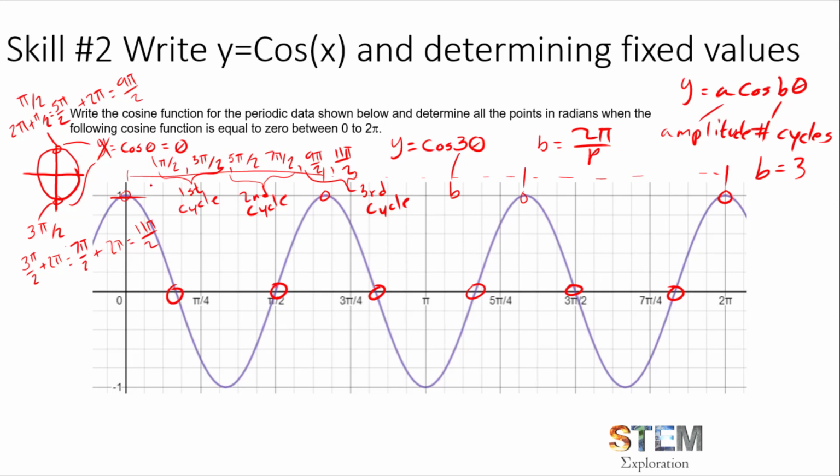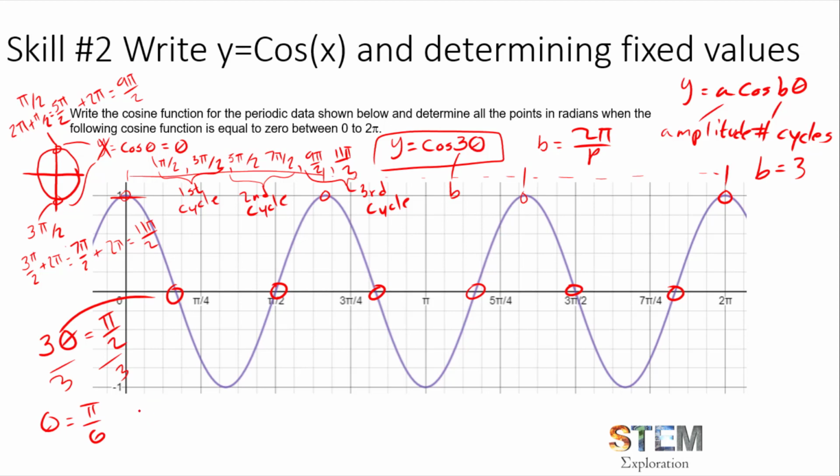Well, what you do is take these laps that we ran and figure out when 3 theta, the value being represented by our identified cosine function that this wave represents, equals pi over 2. So we divide both sides by 3, and we see that when theta is equal to pi over 6, we can plug this into our original equation and replicate this spot